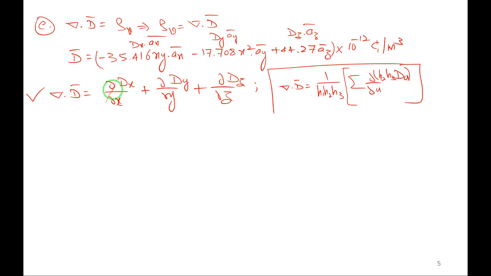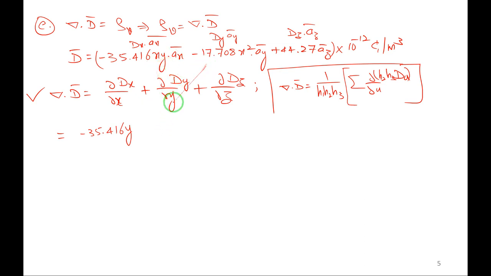Okay, first with respect to x, dou by dou x of Dx, this is Dx, right? So minus 35 into 10 power minus 12, we should not leave it. So 10 power minus 12 I will be taking outside, we should not skip this. So first differentiate with respect to x. So what I will be getting? Minus 35.416 with respect to x means y is constant, so y is written as it is, plus